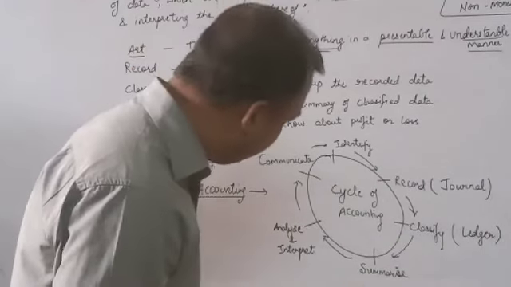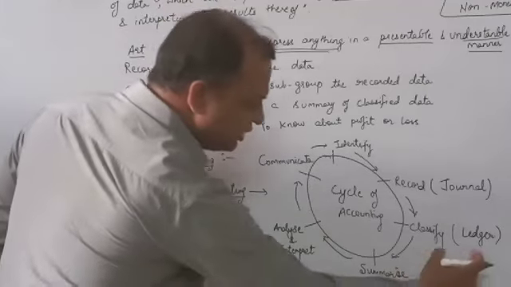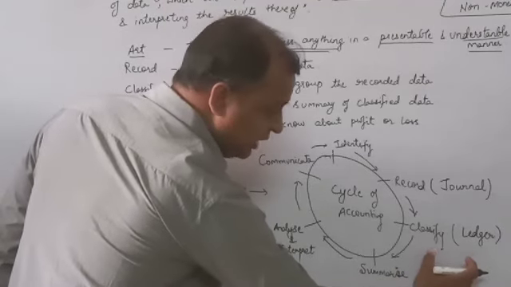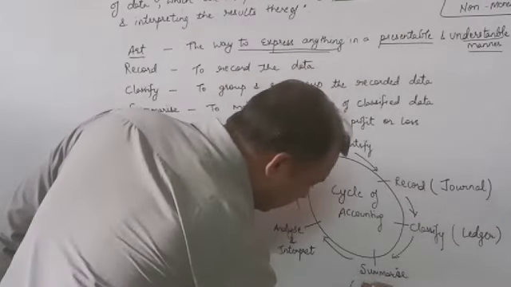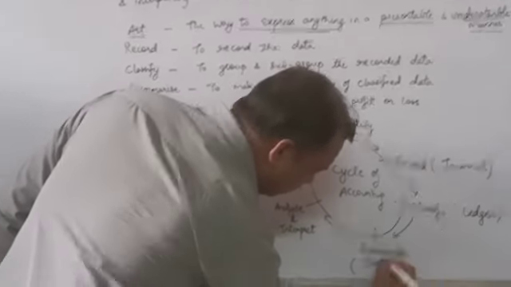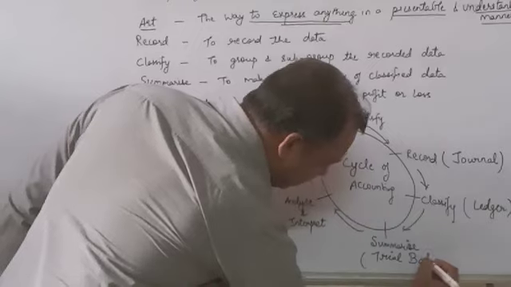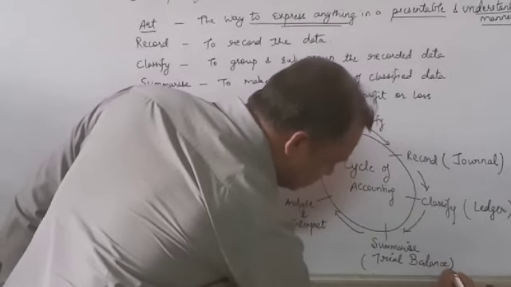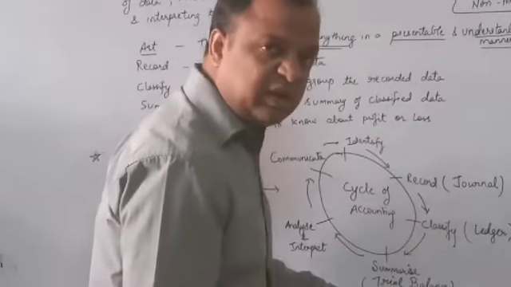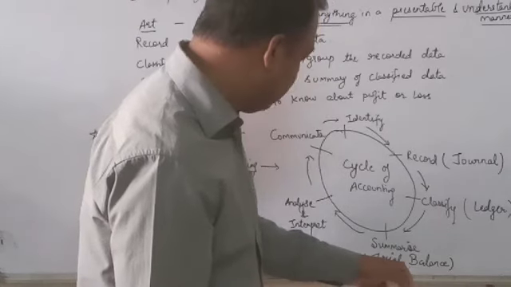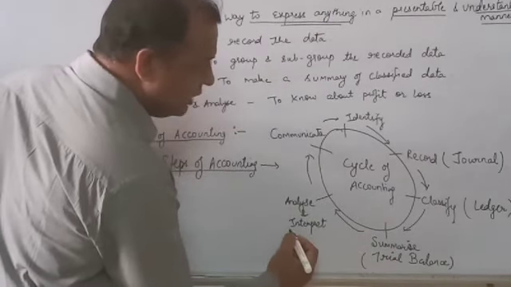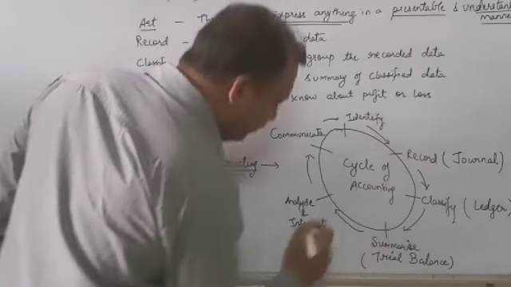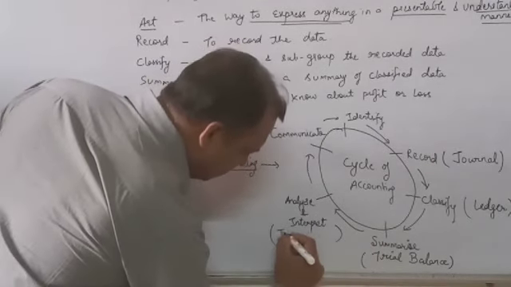After classification, the data is presented in a summary form, and that summary which is prepared is named as trial balance. From the prepared trial balance, we analyze and interpret the results for profit and loss. This is named as